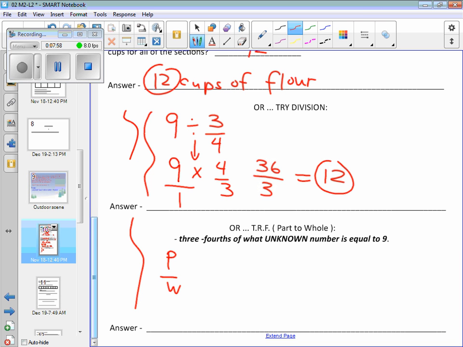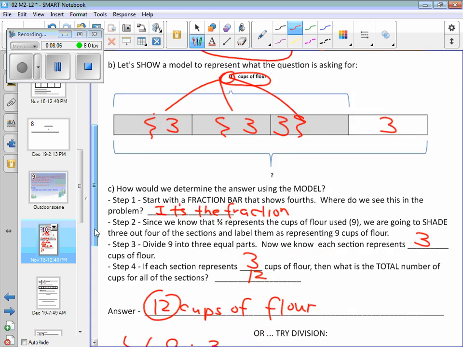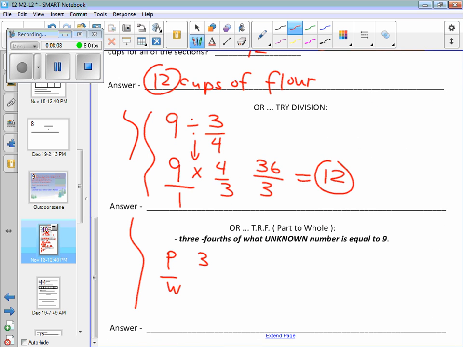The given ratio that they give to you in the word problem is 3 out of 4. That's our part, 3 out of 4, the whole. Equals,